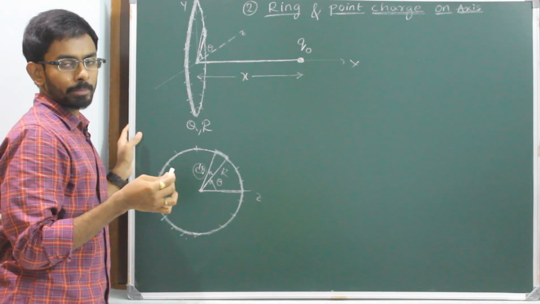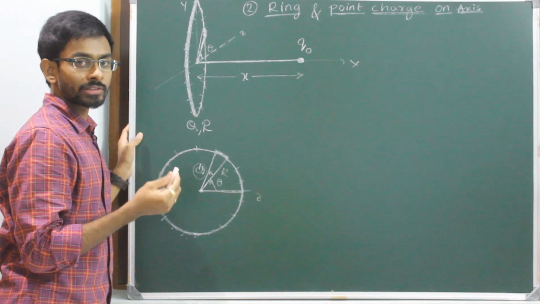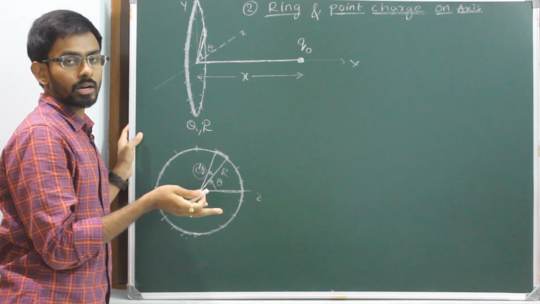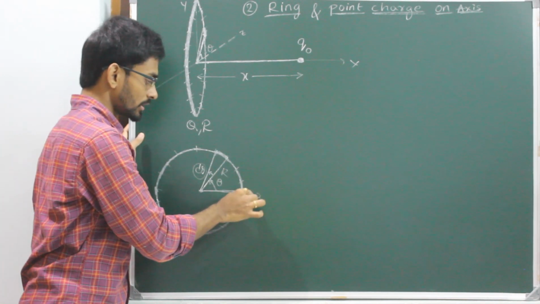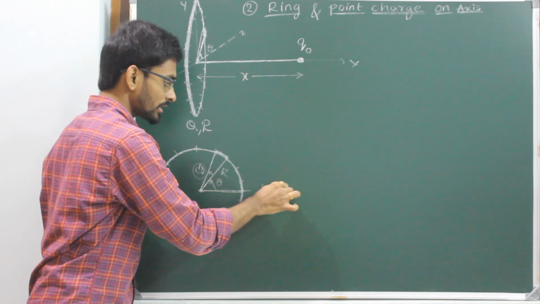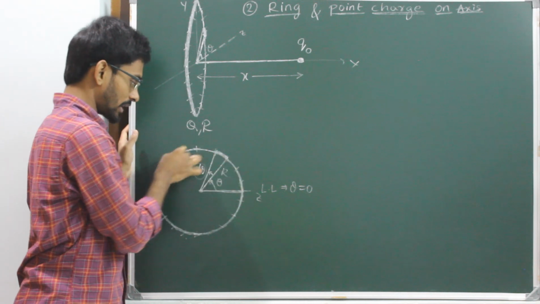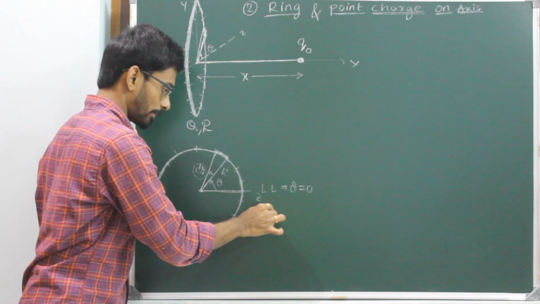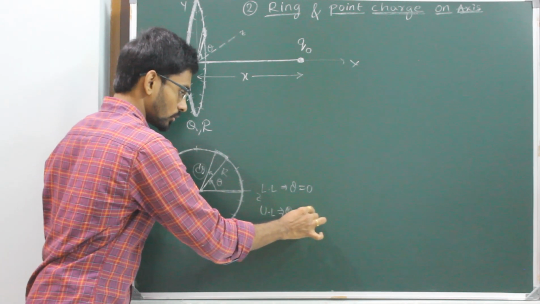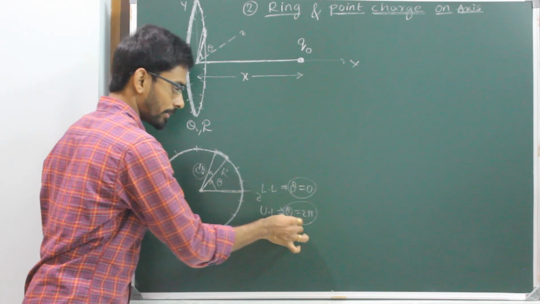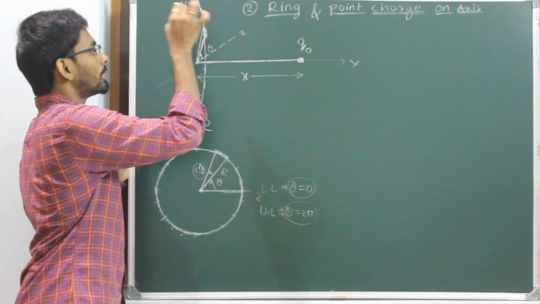So in the second step, we have picked the element. We have to be careful that by changing the variable from the lower limit to the upper limit, we cover everything. Here my lower limit is theta equals 0, and for the upper limit, you will start from here and come back to this point. So the upper limit is theta equals 2 pi. So the lower limit is 0 and the upper limit is 2 pi. Now I'll take some random variable. This is the element which you have picked.